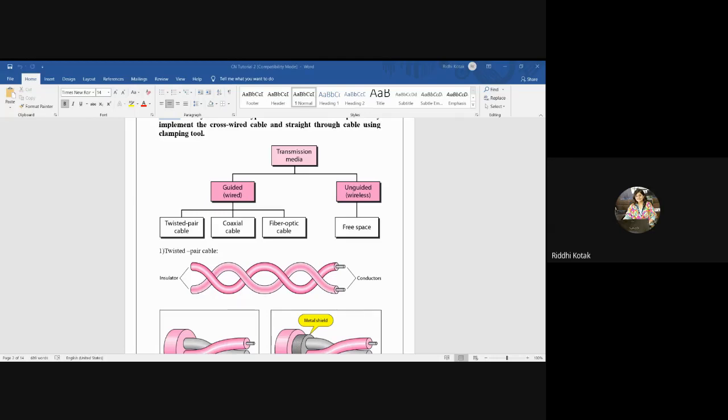Based on that, in a real-time network, how are these cables formed? Like at a university, if you observe the LAN cable, there is one cable, but inside it contains many colors. That color sequence matters when you form one cable. You can use a straight through cable or a crossover cable, right? In twisted pair, we have discussed this. So practically, when you create your network, how do you assign that color coding and form that cable, right?